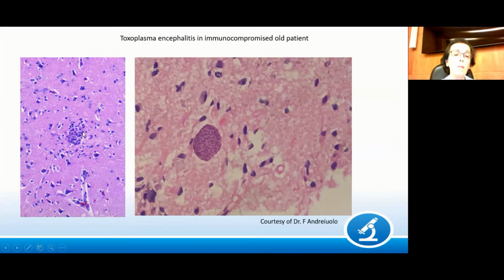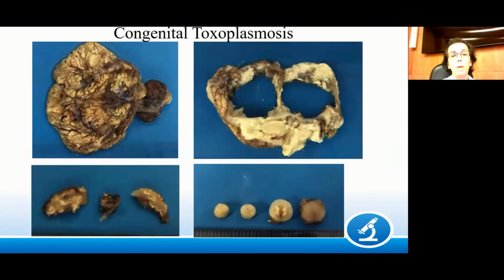This is not the same case, but just to show you that in cases of encephalitis, it's very common to find microglial nodules. As you know, they are usually found in viral infections, but toxoplasmosis is one of the situations in which there are microglial nodules too. The congenital one,